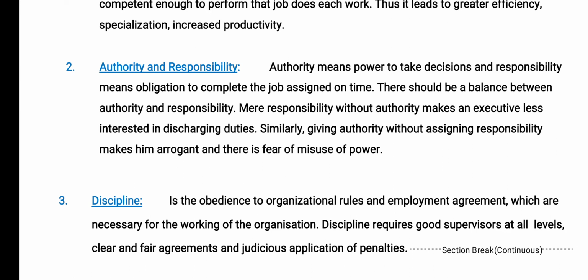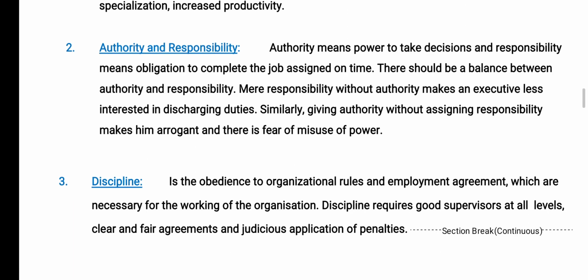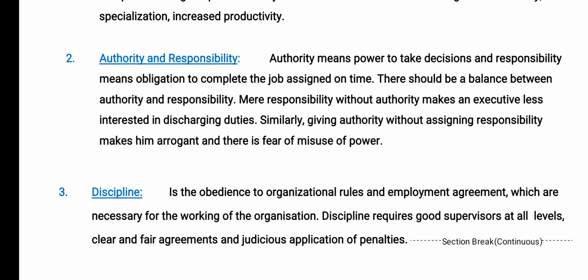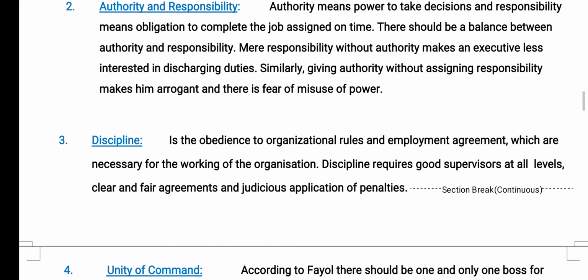The two types of authorities are official authority, which is the authority to command, and personal authority, which is the authority of an individual manager. So we can take an example like a sales manager has responsibility to achieve sales target. He has authority to plan his visits to customers, present organizational offers and schemes. At the same time, he has authority to negotiate price with customers.